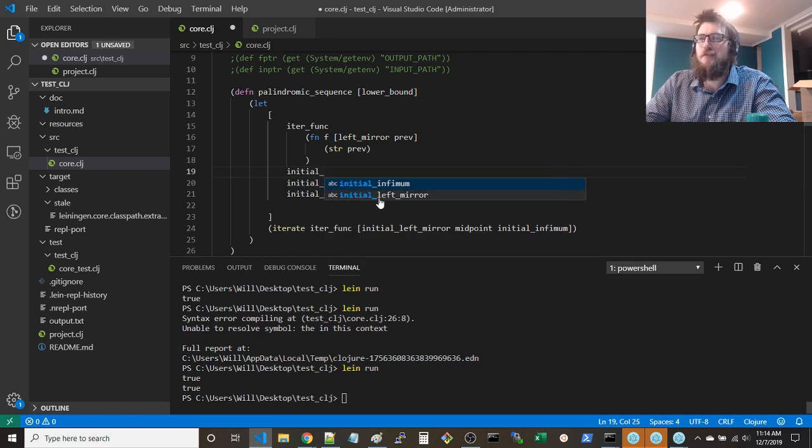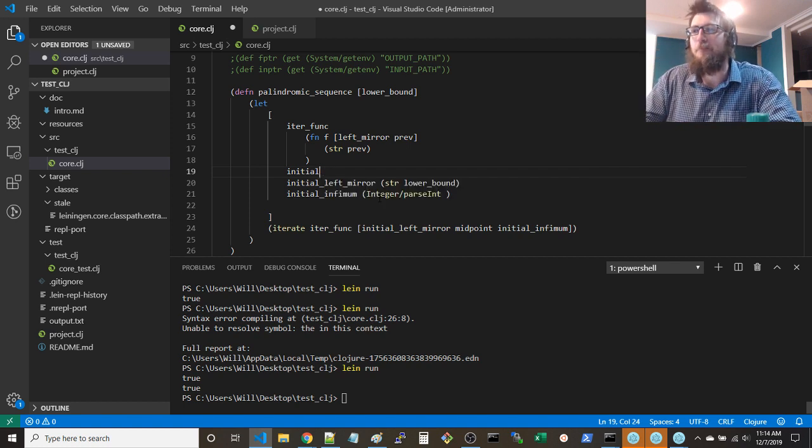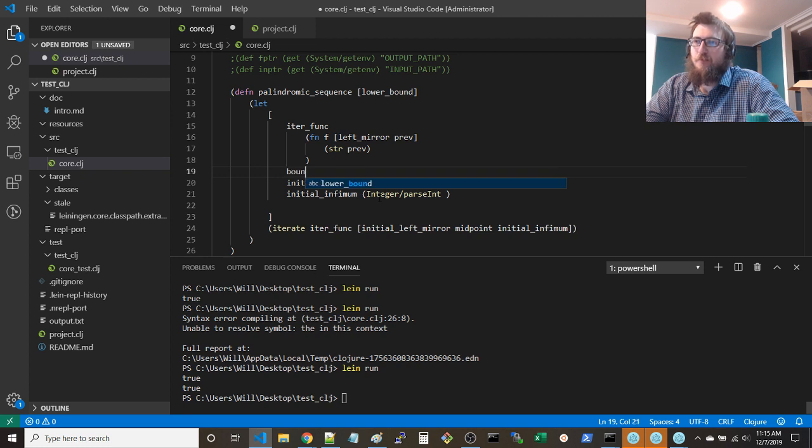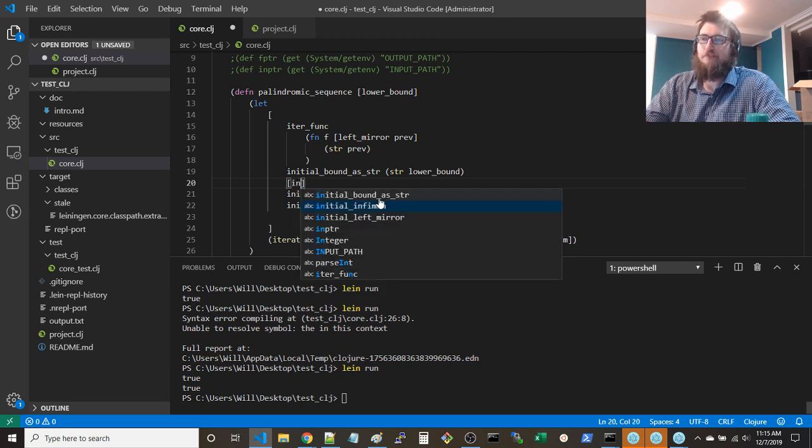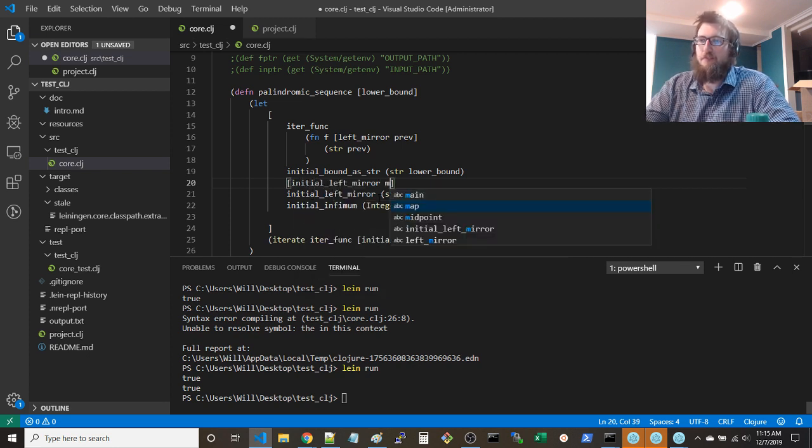Initial. Let's have this lower bound. We can say initial bound string of lower bound, and then we say something like initial left mirror and midpoint